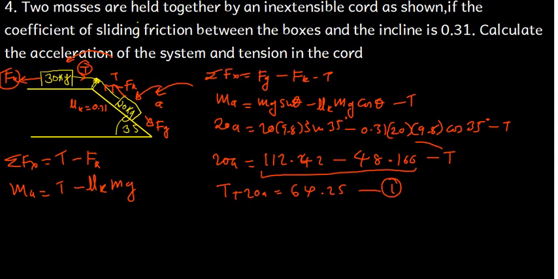Our mass is 30, our acceleration we don't know, the tension we also don't know, minus mu k we know is 0.31, and then what else do we know? The mass here is 30, and then g is 9.8. Okay, so this will give us 30A is equal to T minus 0.31 multiplied by 30 multiplied by 9.8. What I'm finding there is